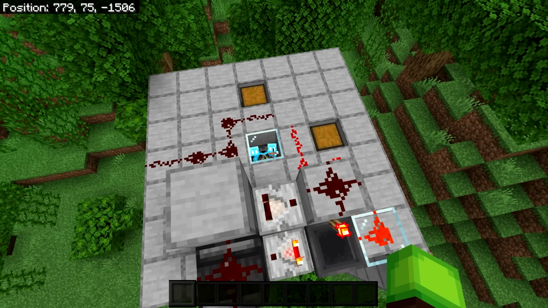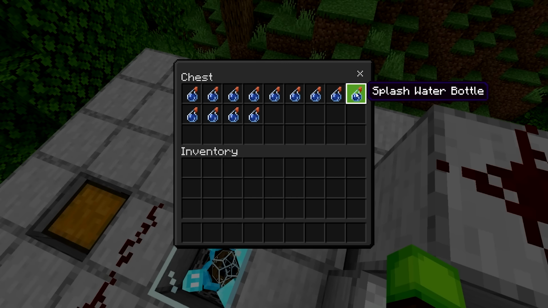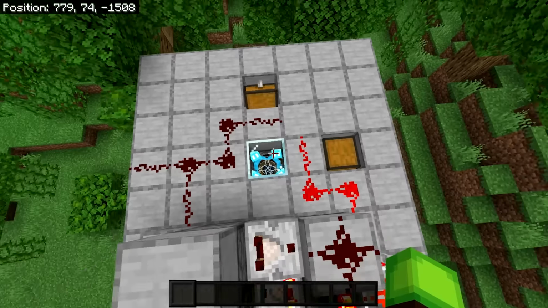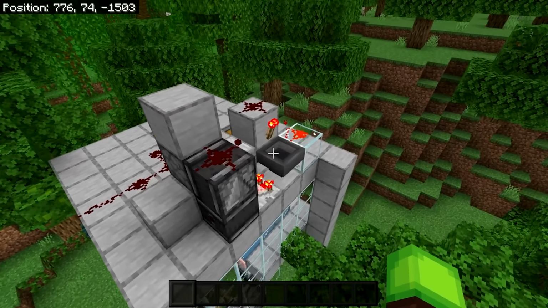And every time before you use the farm, I recommend you check that you have a couple of splash water bottles ready in the chest just in case something goes wrong. And guys, after you use the farm once, before you use the farm again, you're going to want to wait